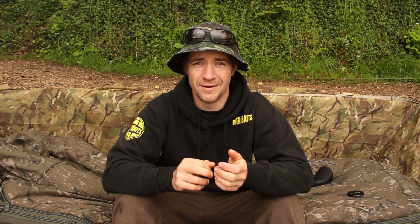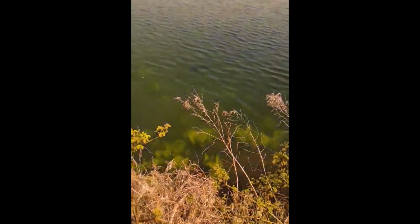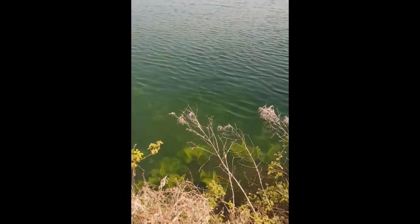So for me, Polaroid sunglasses are just an absolute must when on the bank. I can't leave home without them. If I realise I've forgotten them, I will usually turn around and go back and get them, because for me finding the fish is the number one priority, and a decent set of Polaroid glasses will 100% help you find fish a lot easier. They take out all the glare off the water when you're looking in, any sunlight, any glare off the surface, and let you see right down into the depths